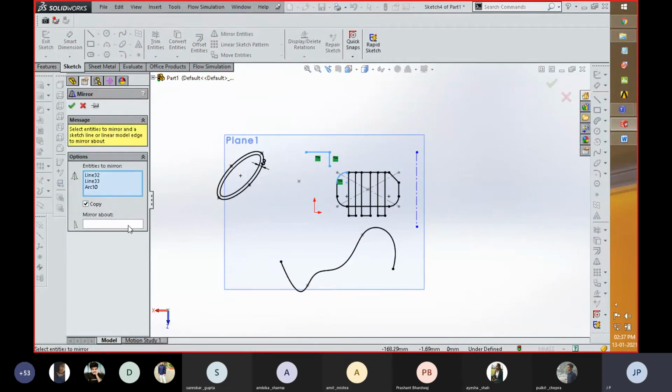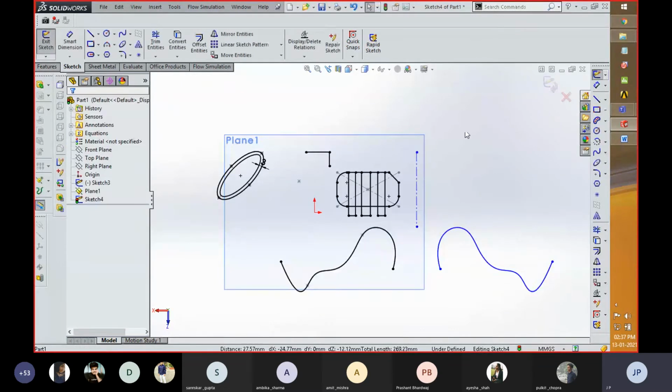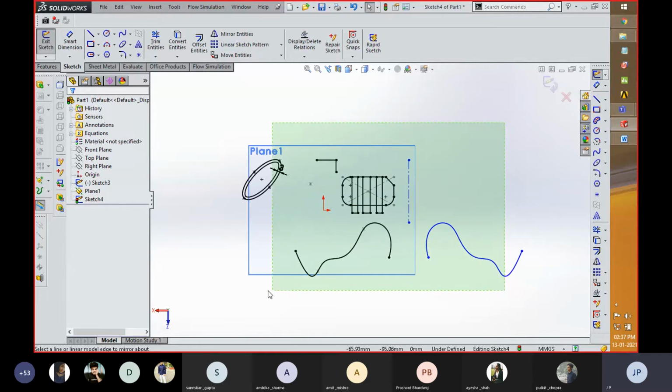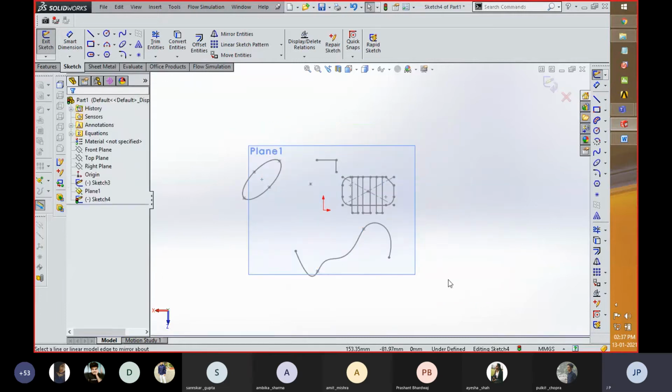With respect to this, the command asks you around which axis you want to mirror. You can see that the line which I selected is already written in this command. Or if you want to do this afterwards, you can click in this pop-up window and then select the entity which you want to mirror, then again select the axis around which you want to create a mirror of this component. So you can see that with a few clicks, you can copy or mirror this sketch with this toolbar. With respect to multiple copies of a component, there is a tool which is created over here.